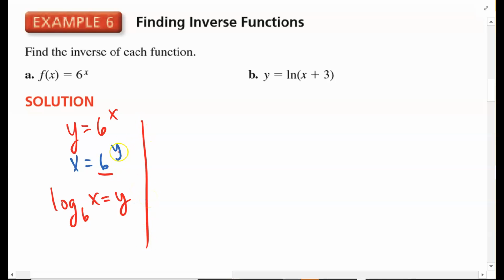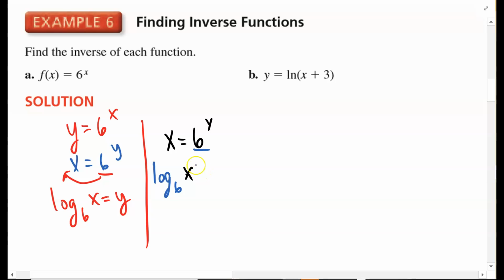With the circle method, this moves over here, and the y basically stays there. The way that I teach this is just focusing on the properties of inverses. So if we have x equals 6 to the y, I want you thinking about how do you get rid of a base of 6? Besides just a trick, because sometimes tricks are hard to remember down the road, what would you do to get rid of the base of 6? Log base 6. So we would have log base 6 of x